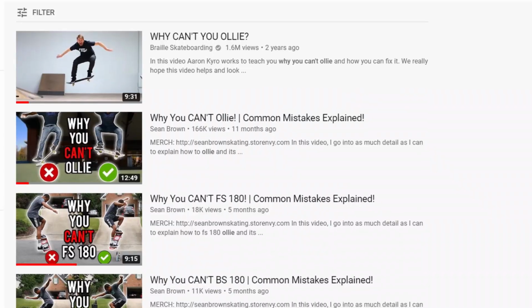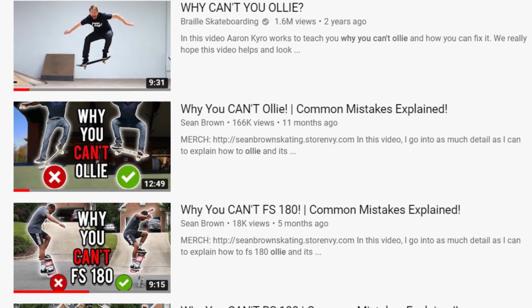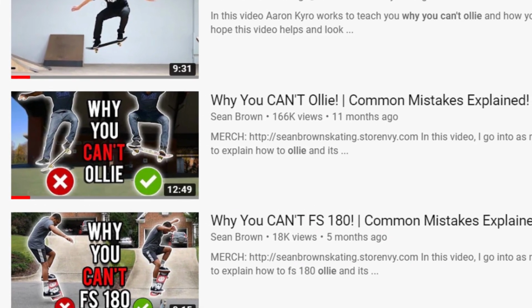Just as a first tip, make sure you actually have your ollies down a lot, because the ollie is going to be really crucial to landing this trick. Just because it's almost like a part of it. You're basically just, instead of sliding your foot up to the nose, you're going to end up flicking off the nose instead of just sliding all the way up there. So make sure you have your ollies down. If you need help with your ollies, make sure you check out my Why You Can't Ollie video. I go over the secrets of how to land the ollie and the common mistakes that happen when